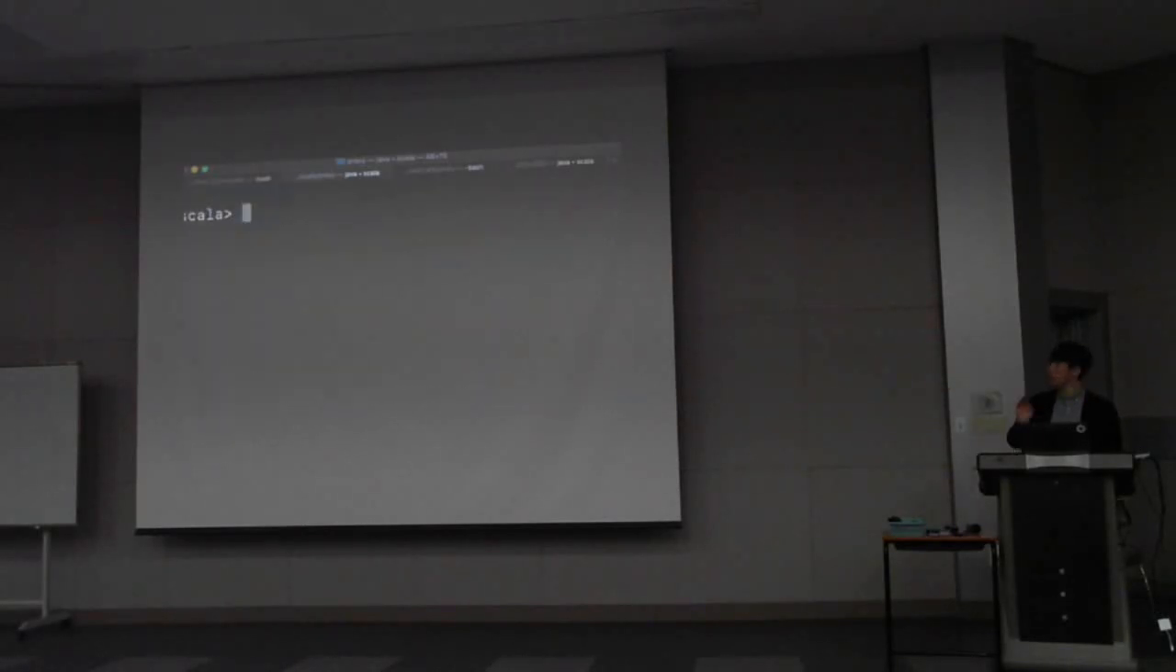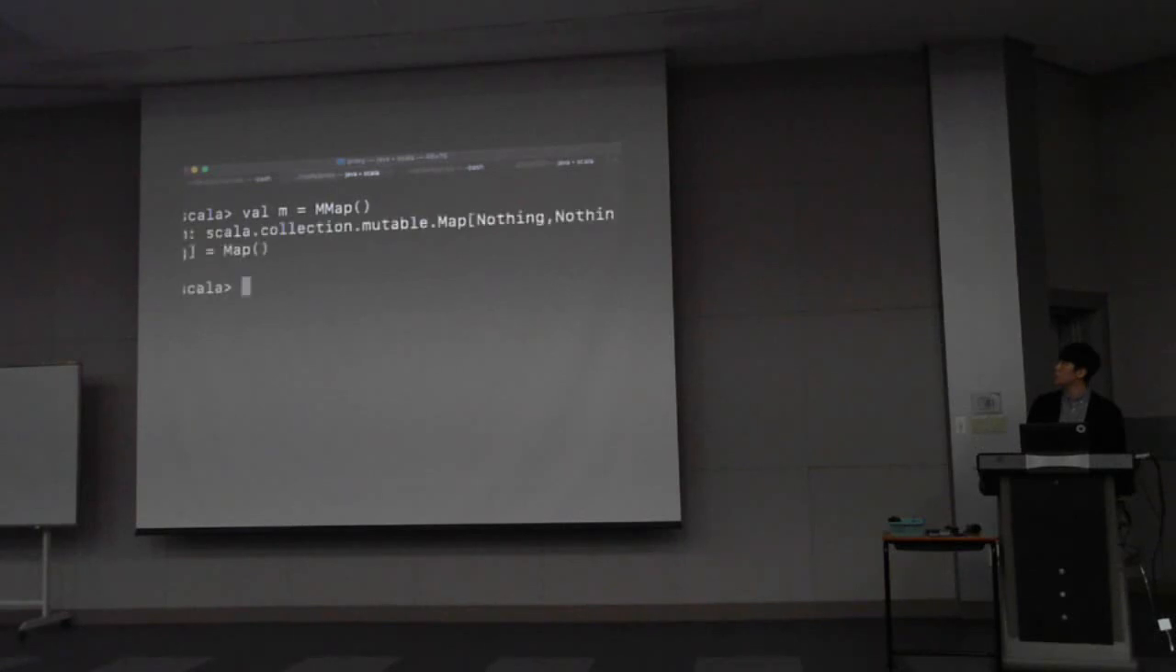So if the variable is a var, then you can reassign the variable. This is a mutable variable. This is the mutability of the variable. And there is the mutability of the collection. So even though the variable m is immutable, if it is a mutable data structure,